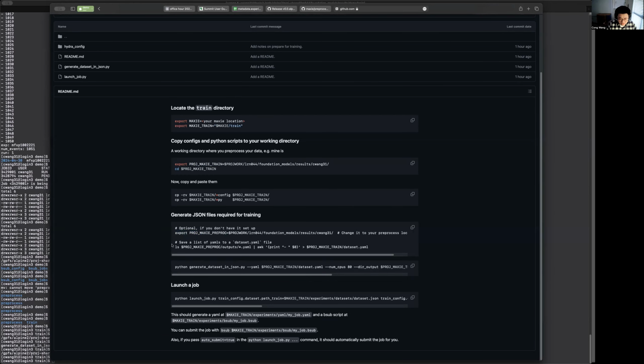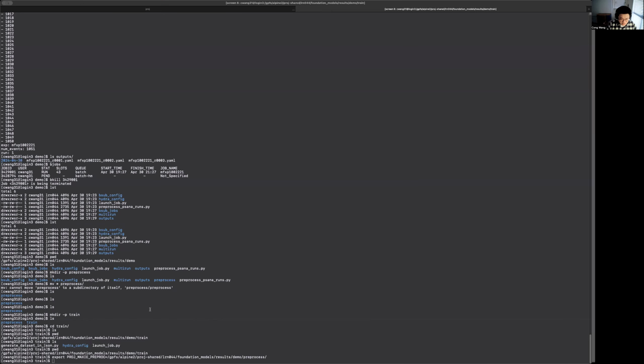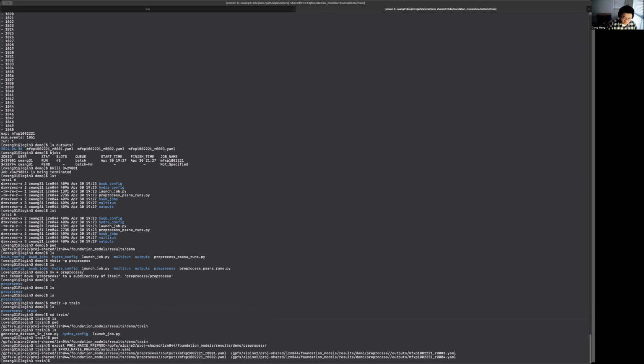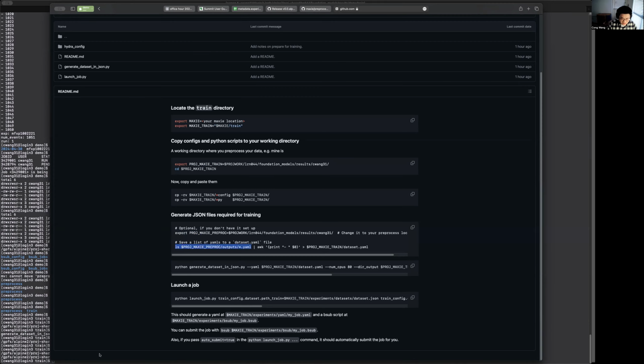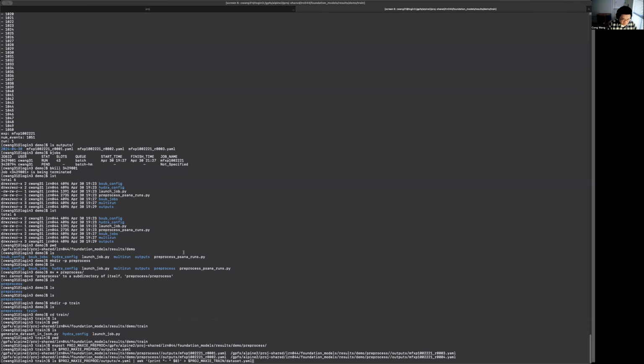Okay. Yeah, so we will have a lot of YAML files there. Let's just double check if that's true. I paused the job later, so we only have 4 YAML files, and usually we have a lot more YAML files. And if you run this,